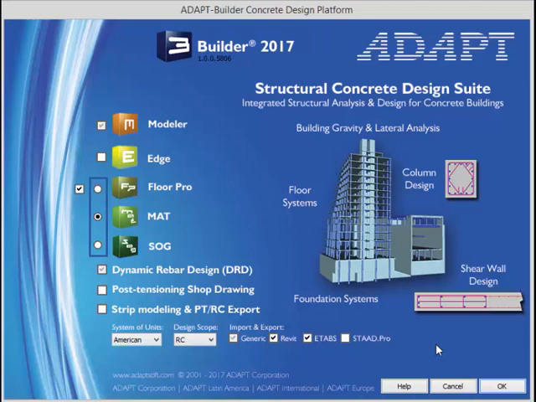The purpose of this video tutorial is to introduce the user to a new feature in Adapt Builder 2017. This new feature is the ability to model steel fiber. Steel fibers that are now included in Adapt Builder 2017 are in the form of Bekaert Dramix 3D, 4D, and 5D fibers. These fibers can be introduced as a material property for elevated slabs, slab on piles, mat slabs, and